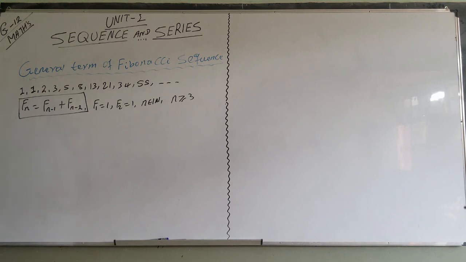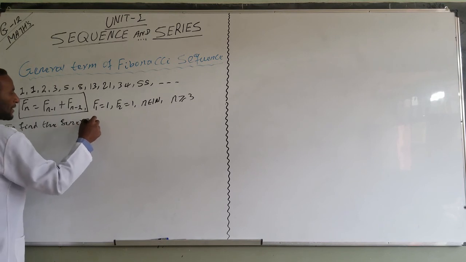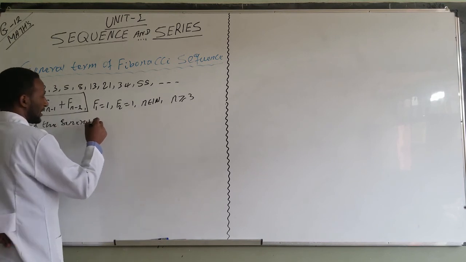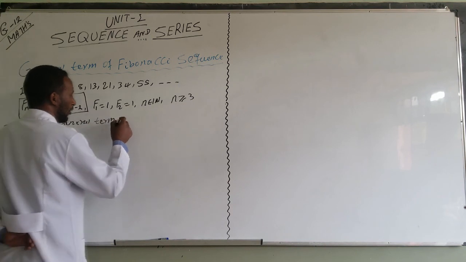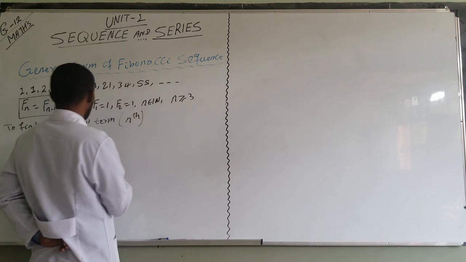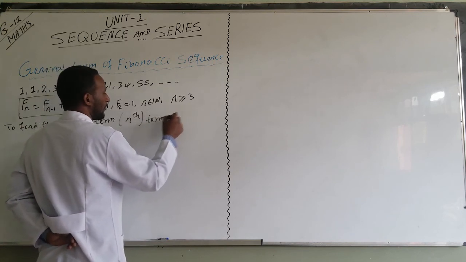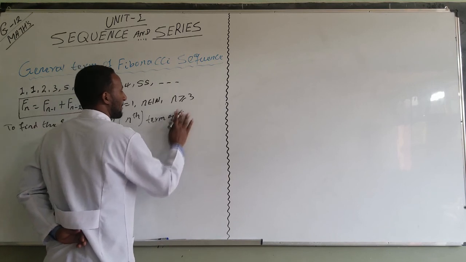Then to find the general term, to find the general formula for the nth term of the Fibonacci sequence, the general term or n's term of Fibonacci sequence,